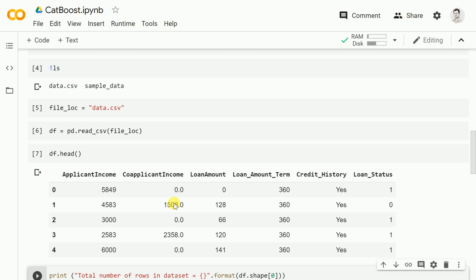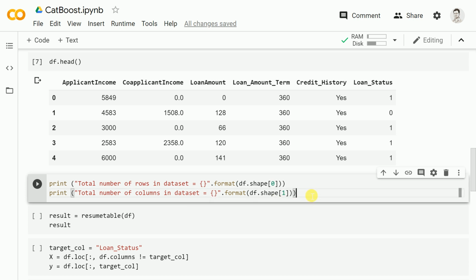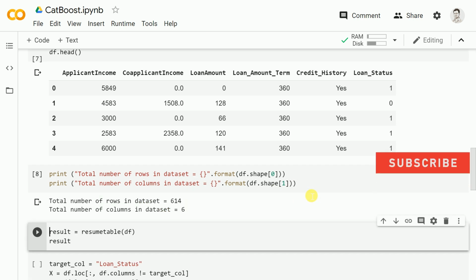As you can clearly see, I have a total of 6 columns. The first column is applicant income. The second column is co-applicant income. The third column is loan amount. The fourth column is loan amount term. The fifth column is credit history. And the final column is, has this person been given a loan or not? That is signified by loan status and it is a binary value, 1 or 0. 5 columns are numeric, 1 column is categorical. I'll discuss more on the type of data that I have going forward. Let's reconfirm the belief that I have. I have a total of 6 columns and also 614 rows in this data set.